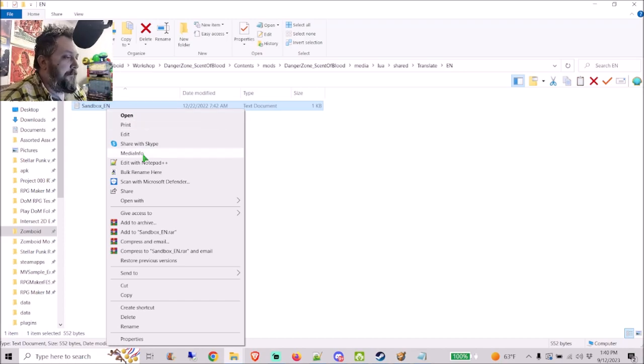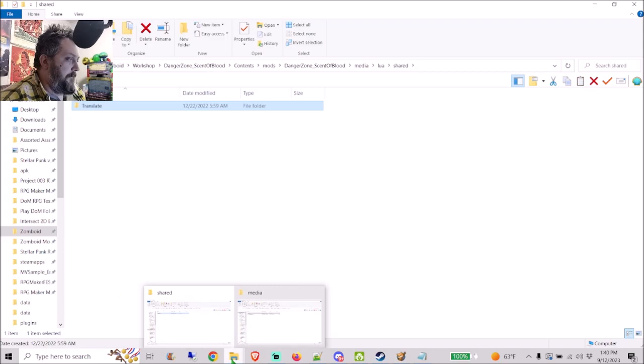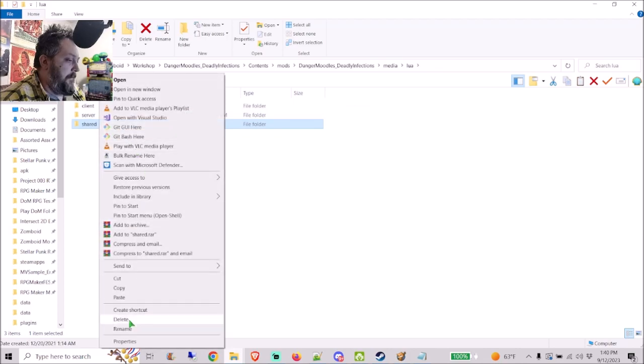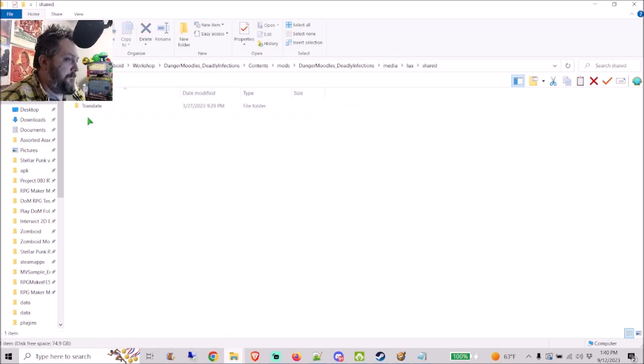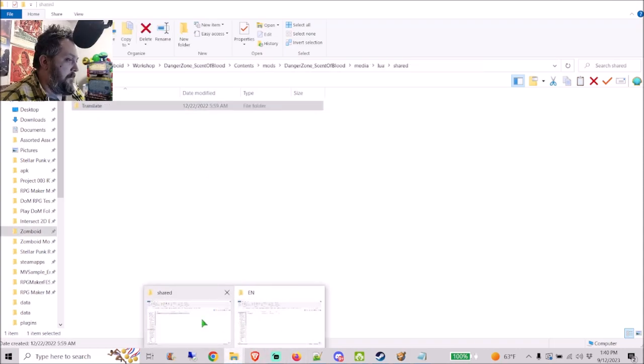What you want to do then is take that whole translate folder from Scent of Blood and move it over to, remember, that goes into shared, right? It looks like there's nothing in there right now, so I'm just going to paste that and overwrite. Okay. So now I've got two folders in Deadly Infections. I've got two files. I've got my Sandbox English and my